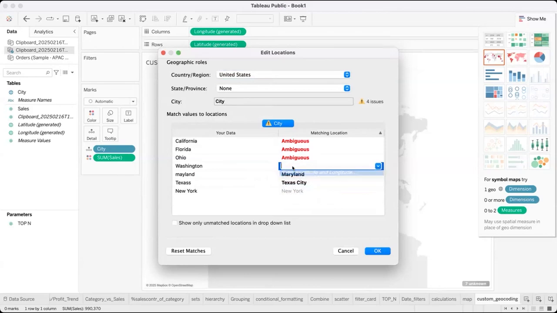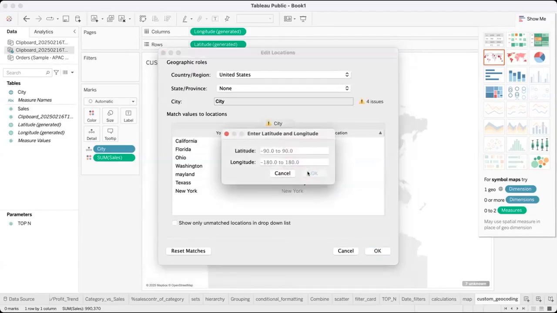So again, what we'll do, we'll type for Washington. Now, when I type for Washington, there are no values being suggested to me. So in this case, what will you do? If you don't get any suggestions either, how will you fix those states? For that, you will use latitude and longitude. You will manually provide the latitude and longitude. When you click on enter latitude, longitude, you will get the option to give latitude and longitude for